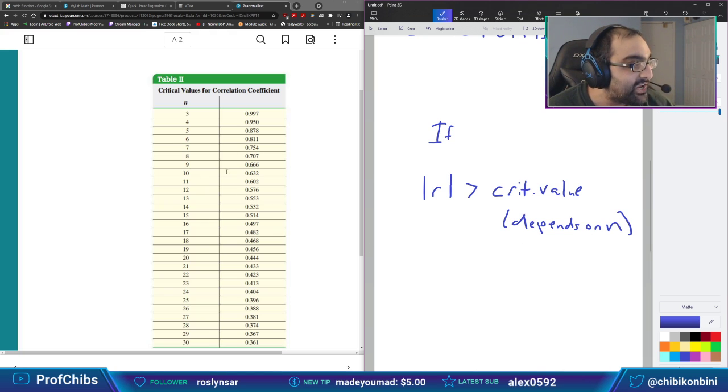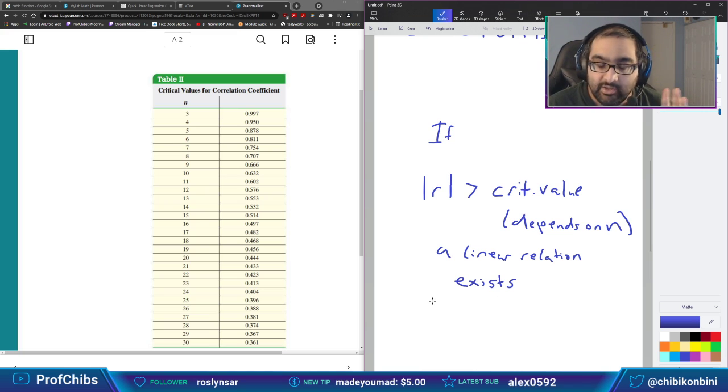If your sample size is 10, then your critical value here would be, say, 0.632. So if the absolute value of R, absolute value comes first, is bigger than that critical value, then a linear relationship exists. It only applies if the absolute value of R is bigger than that critical value. If it doesn't, then...